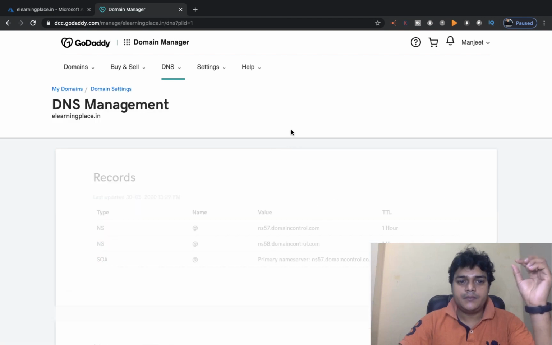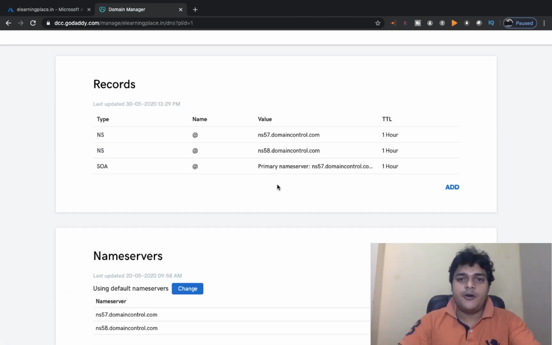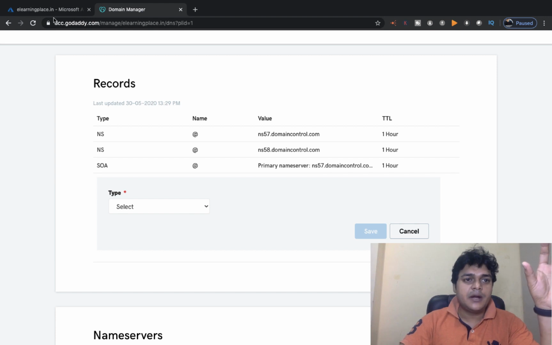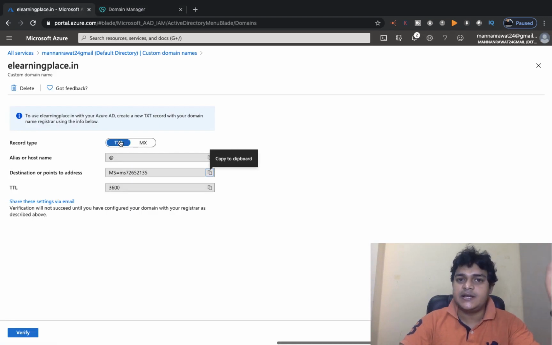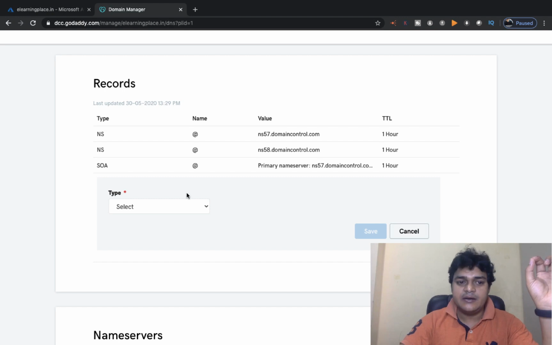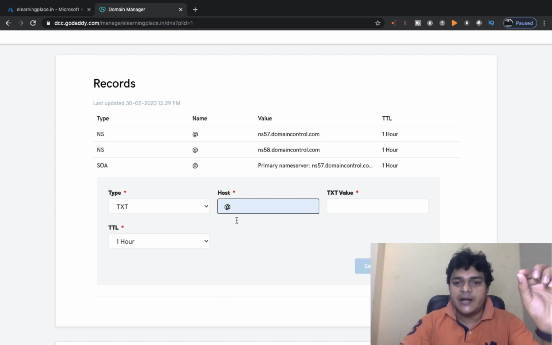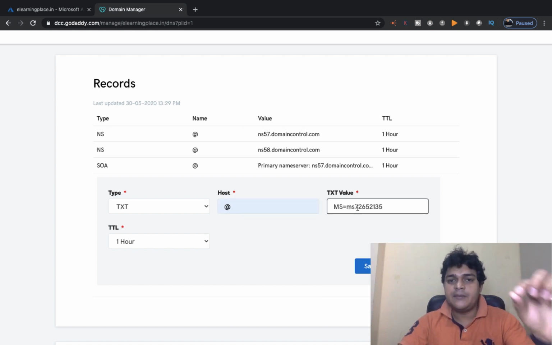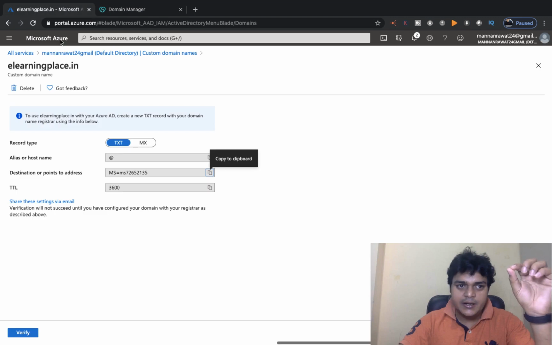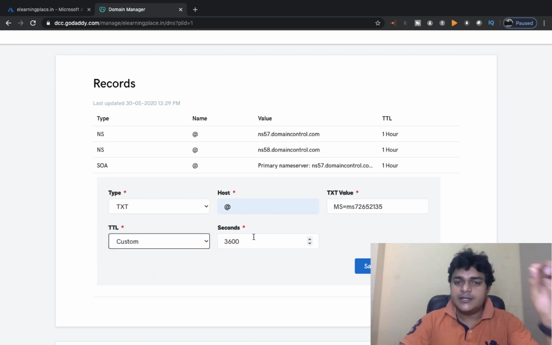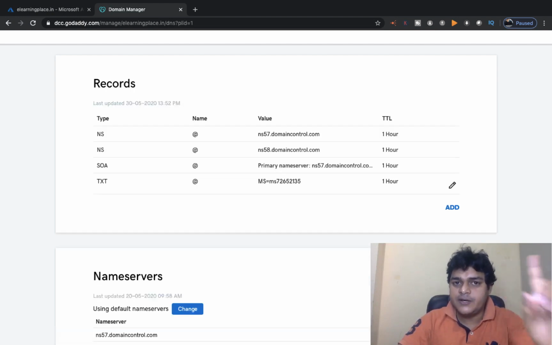Okay, so this is the place. This is the default record. We need to save one more record, which is available in Azure Active Directory. Just click add. Which type of record do we need to configure? We need to configure the TXT record, right? Open the domain and select the type of record. It's a TXT. In host, you proceed with @, and the value is what you copied. This is the value of our TXT record. By default TTL is 3600, so I'm going to proceed with 3600. Click save. This is the first record.